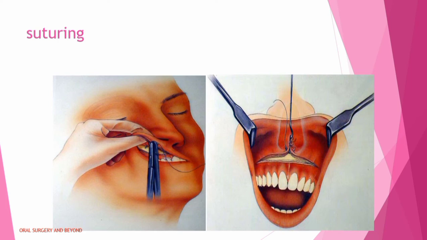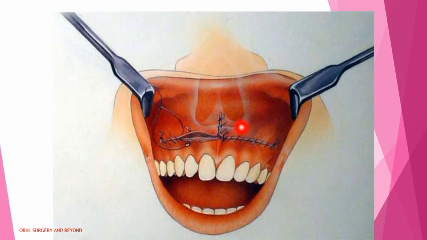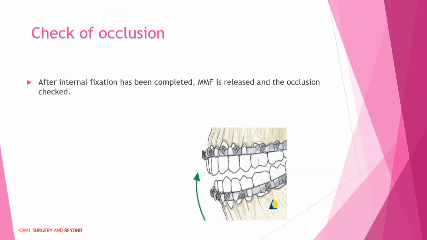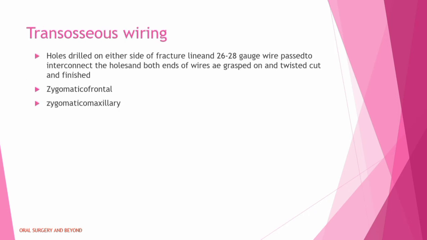After the fixation is done, layer-wise suturing with Vicryl 3-0 suture is required. Here the midline suturing is shown. At the midline, first we have to suture at the buccal frenum region, and then on both the sides to achieve aesthetic results. After the treatment, you can again check the occlusion, and if minor correction is required, then you can do it.